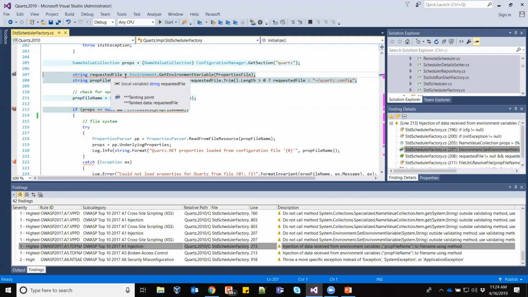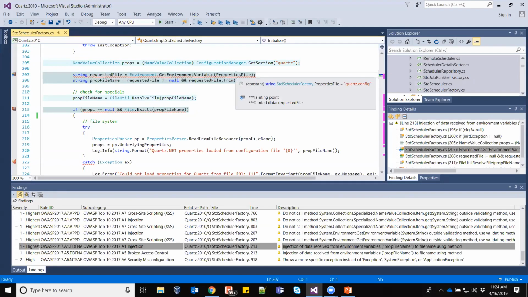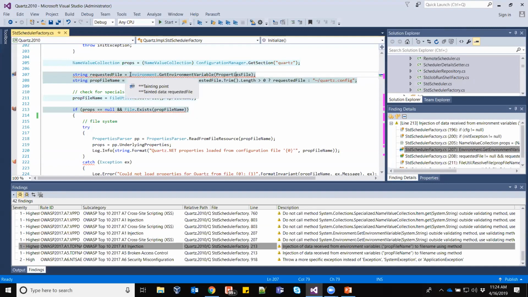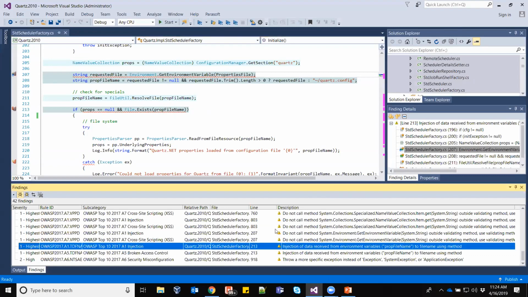Here on line 207, we're getting an environment variable. This is that tainting point. And we don't have any validation methods or anything to protect against what might be coming into our application from this. Then further down in line 213, this is where that tainted data is being used, and at no point in between was validation of that data done. As a result, we have this violation now reported.